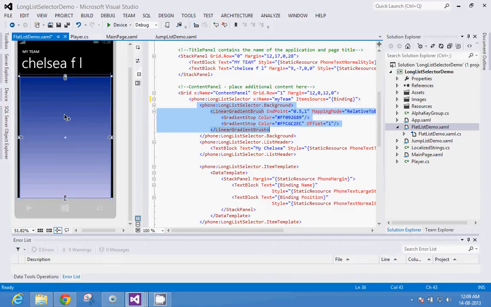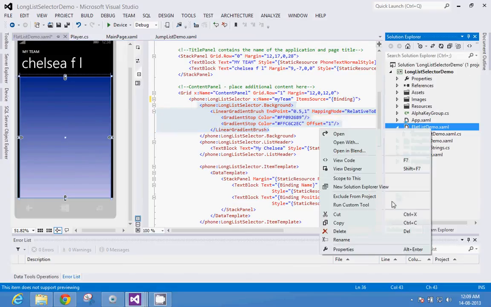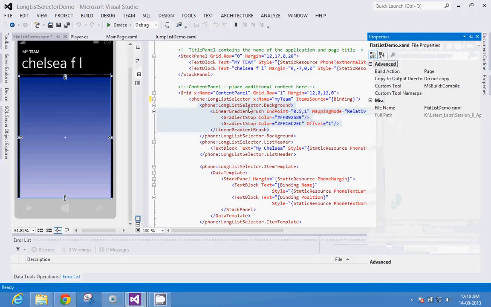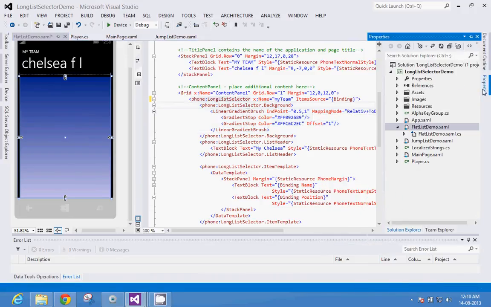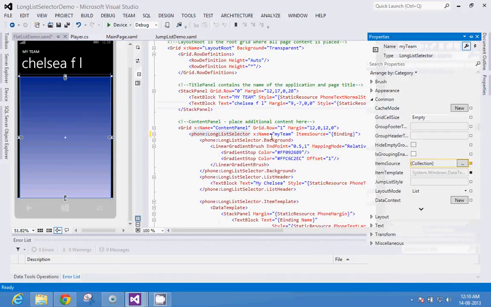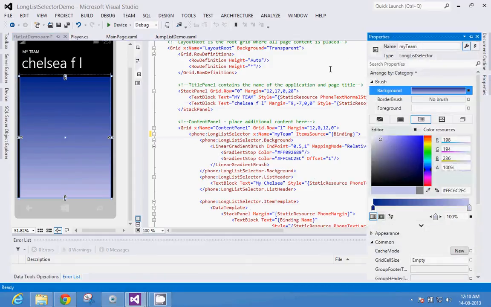It would have been black anyway, but I just used the background. I have not written this code. I have gone to the properties tab, and if you go to background and properties, I have just decorated it from here. So you can very well do that, you know that, right?